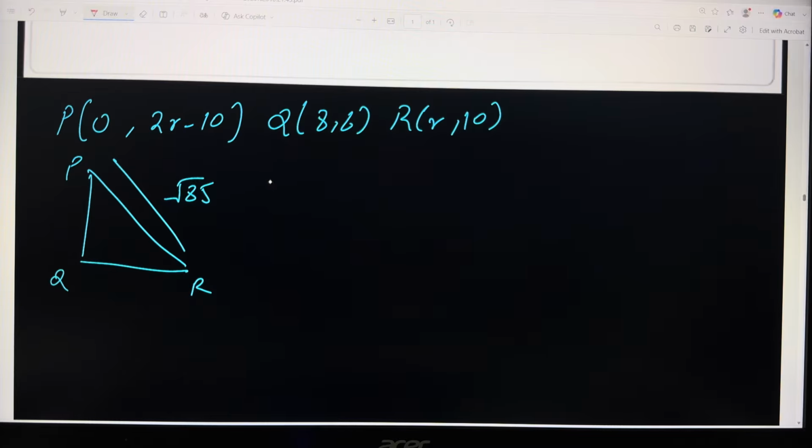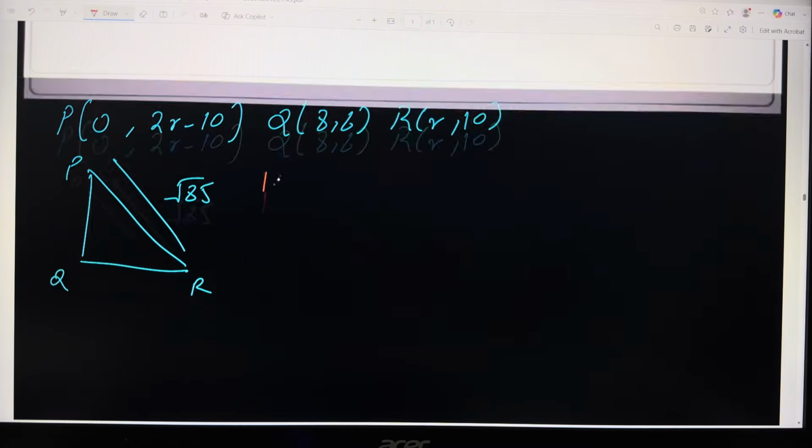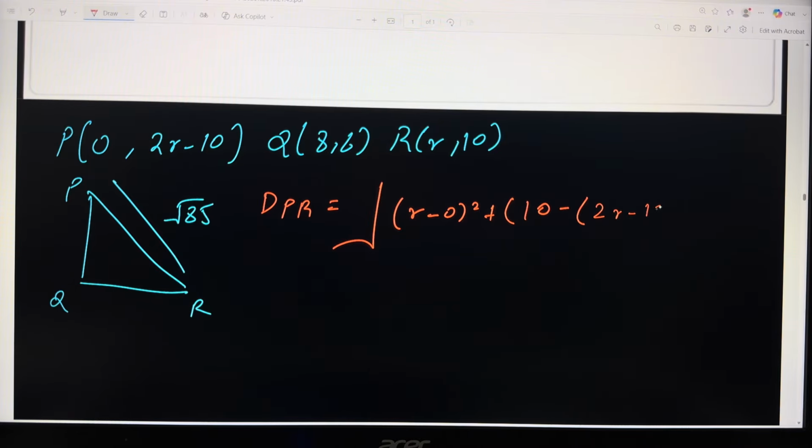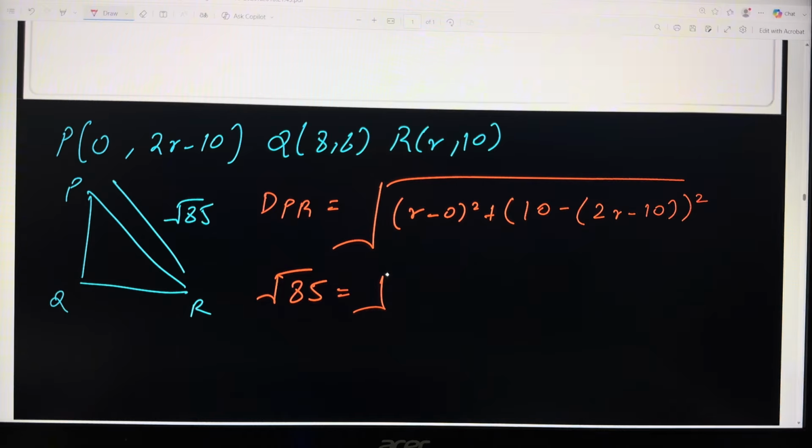So we can use the distance formula. The distance of P and R is equal to the root of x2 minus x1, r minus 0, the whole thing squared, plus y2 minus y1, 10 minus (2r minus 10), the whole thing squared, all of this under root. So this is root 85 equal to root